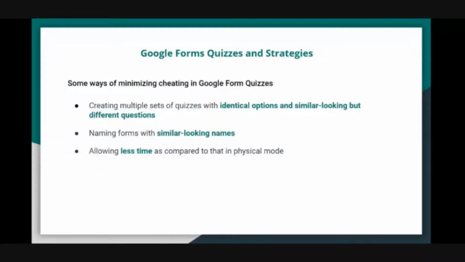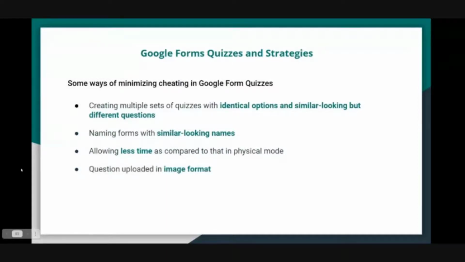So your expectation is not that somebody will get 100 on 100, but since you are giving less time, it is up to the student to decide which questions they can do, which questions are more scoring, and then they will have to focus on their work only. The more time you give in an online quiz, the more time there is to search online and to communicate on WhatsApp and to cheat essentially.